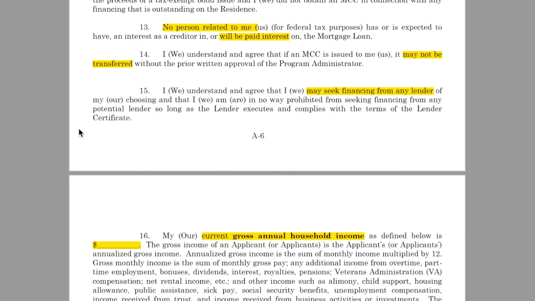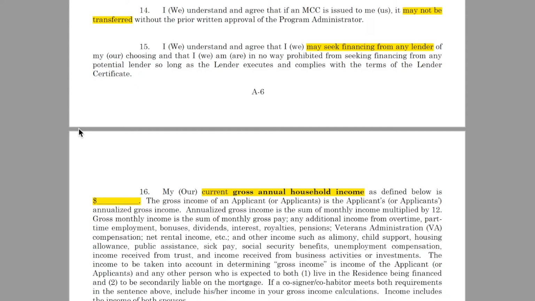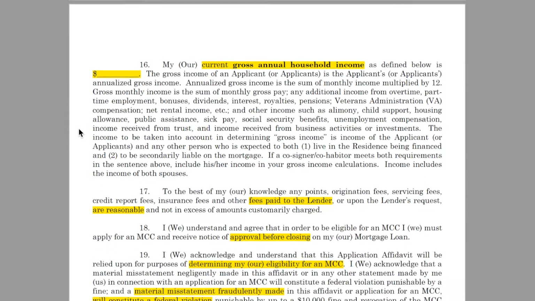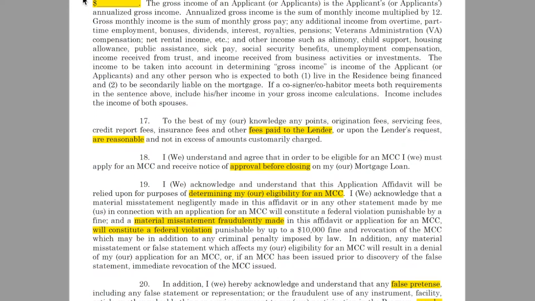Number 15 states that you can seek financing from any lender that you choose. We don't have a proprietary list that we work with. Number 16 on the next page, in this blank line here, this is where you will report your estimated annual